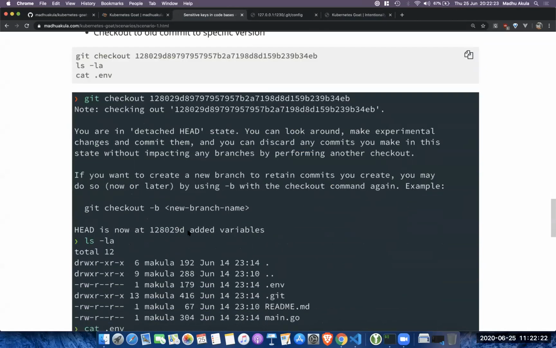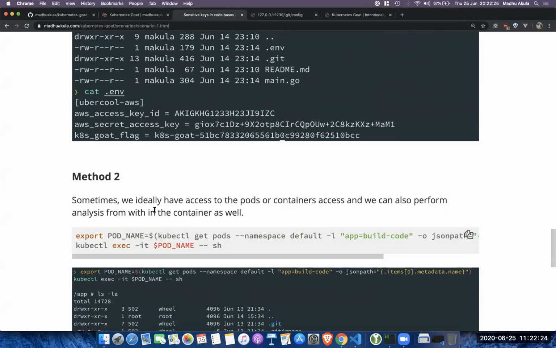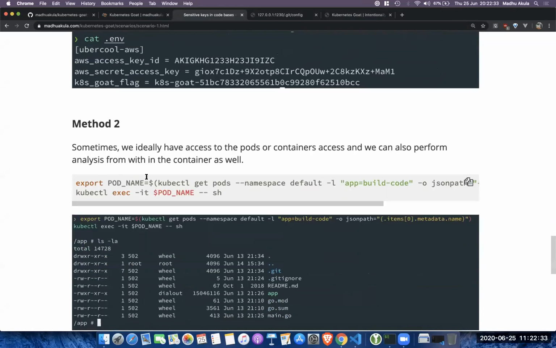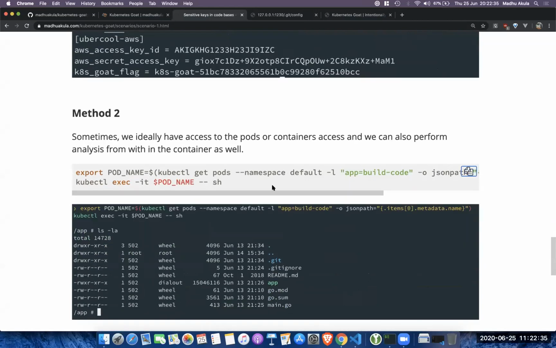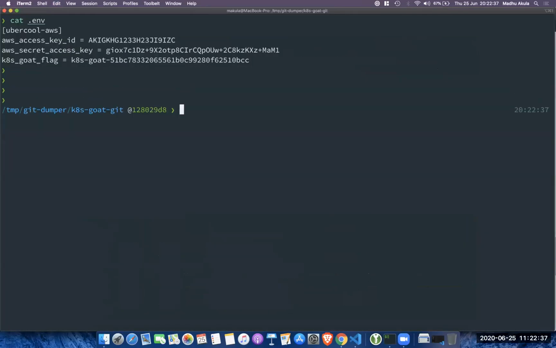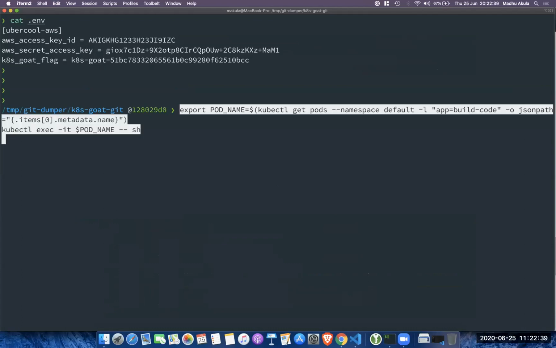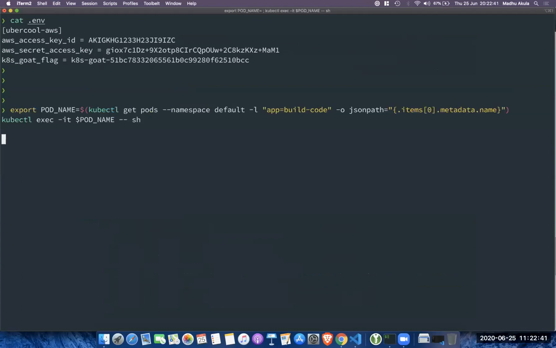And also, if you wanted to show another method, suppose you are auditing some Kubernetes environment and you wanted to look at what exactly is happening. There is another method also: you can just exec into the pod, because you are just auditing as an administrator or internal team, right? So I'm exporting the pod name and whatever app it is running, and executing into the pod, right? I am inside the app, right?